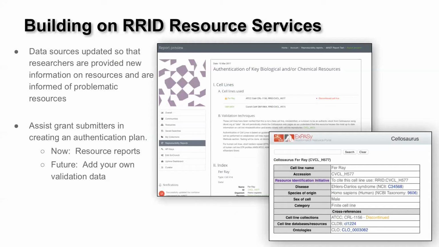And again, this is also a relatively new feature that we're doing testing on and getting feedback on. But right now, what we're doing is we're allowing resource reports to be generated, and once you have your collection of resources, you can actually generate a report, and that will be stored. And in the future, we're also looking at the ability for people to add their own validation data,